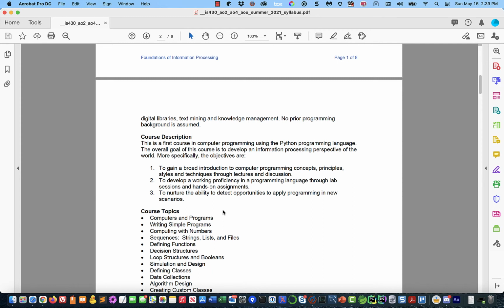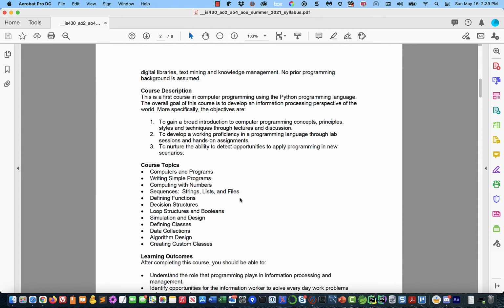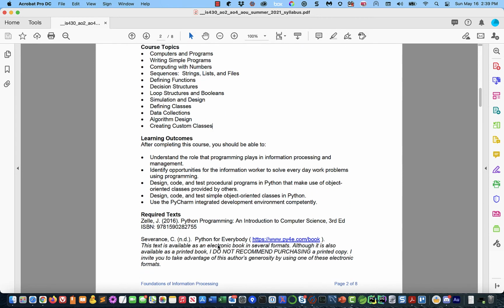Okay? So we want you to be able to think about programming, to be able to do programming, and to be able to find use cases for your programming skills. Okay? And those are all things that we're going to be working on and talking about throughout the course. The topics, I think, is pretty much a list of the topics that I went through in the weekly schedule. The learning outcomes: